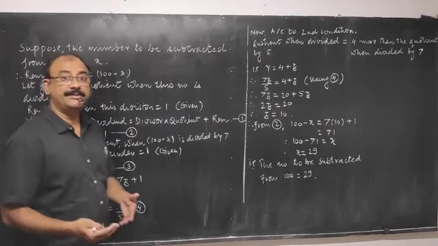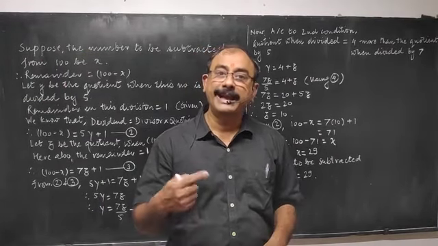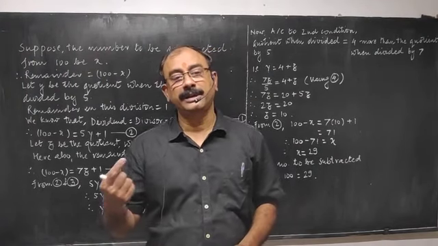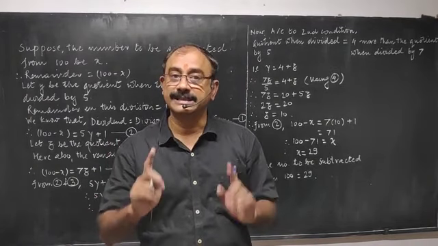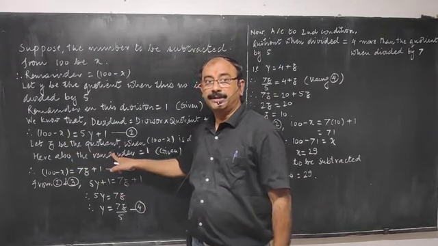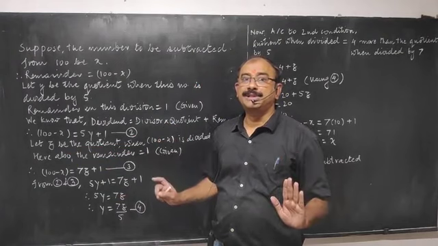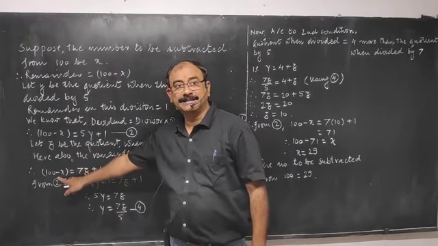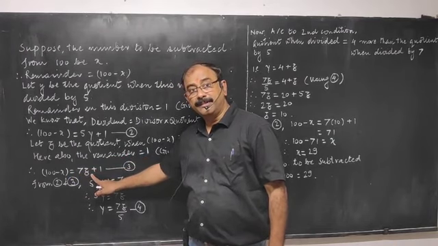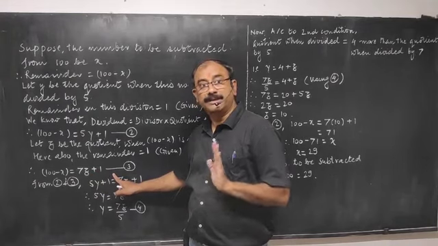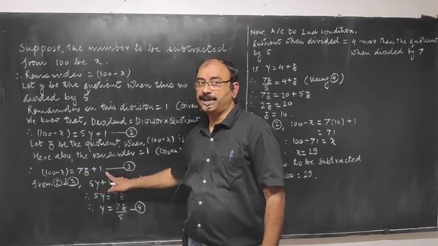Now there is another division. We are dividing the same number 100 minus x by 7. In this case also the remainder is 1, quotient not given. We are considering the quotient as z. So I have written, let z be the quotient when divided by 7. Only the quotient will change. Dividend is 100 minus x, divisor is 7, quotient is z according to our assumption, and the remainder is 1, which is given. So you get the second equation, 100 minus x is equal to 7z plus 1.